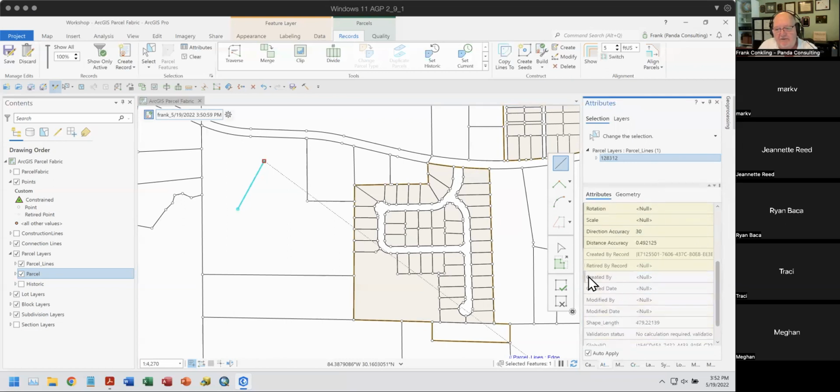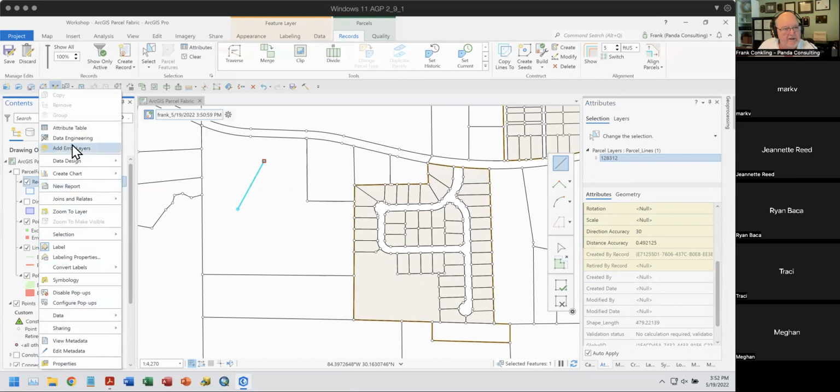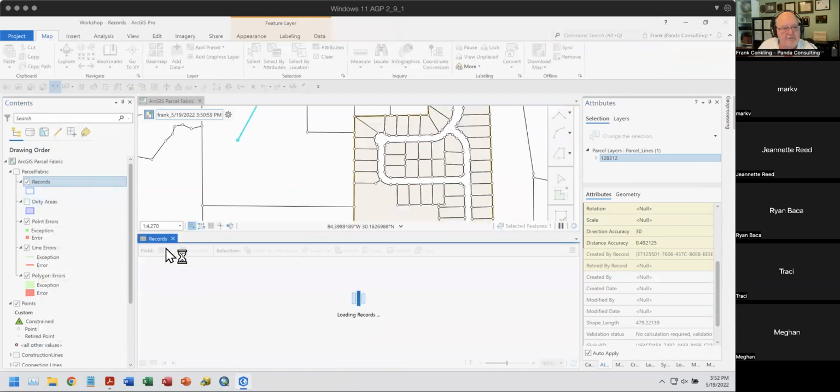And if I scroll down, I can see there is a created by record field here, and it's being populated automatically. That's actually the global ID of the record that I created and that I'm tracking. So if I go in my records table,